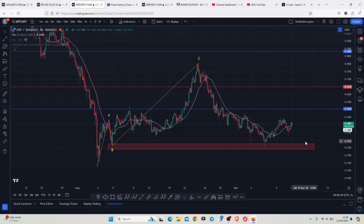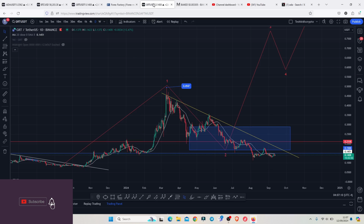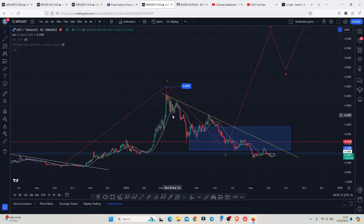GRT continues to hold above a key area of support above the 0.1273 and above the 20-day MA here on the 4-hour chart, which are both acting as support. And this is all playing out ahead of some major economic news, where today we are expecting the PPI. And on today's video, I will be discussing my short-term price prediction analysis, and above all, give you my long-term